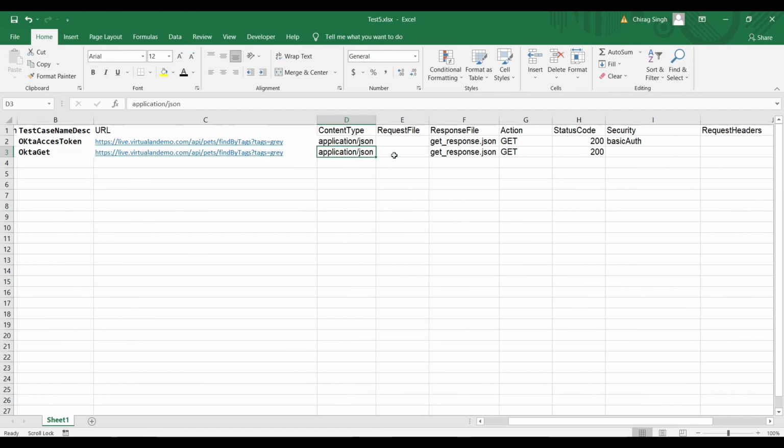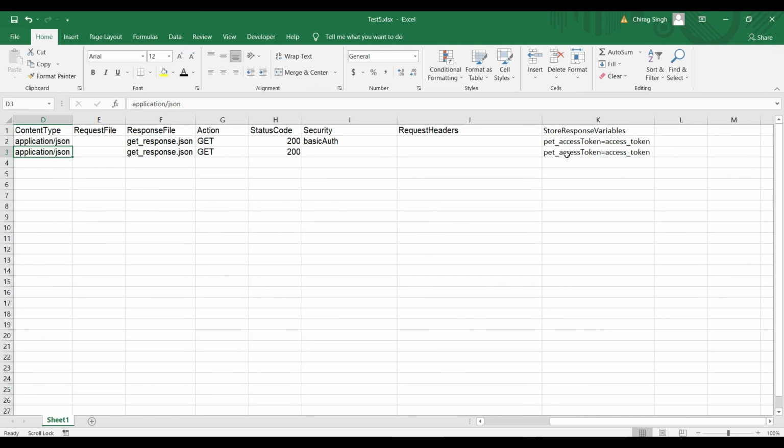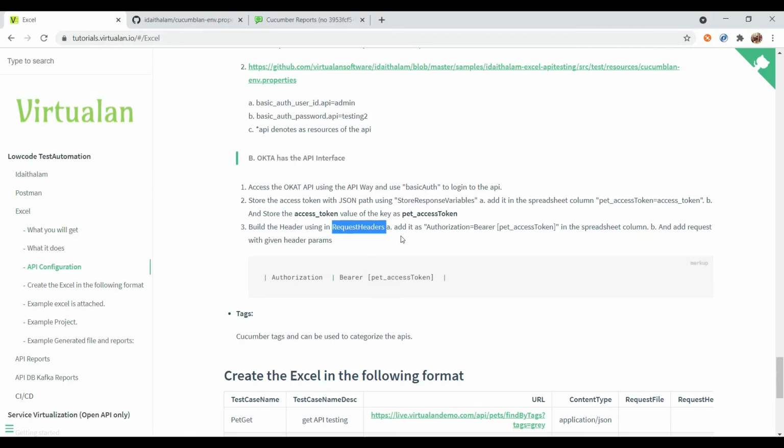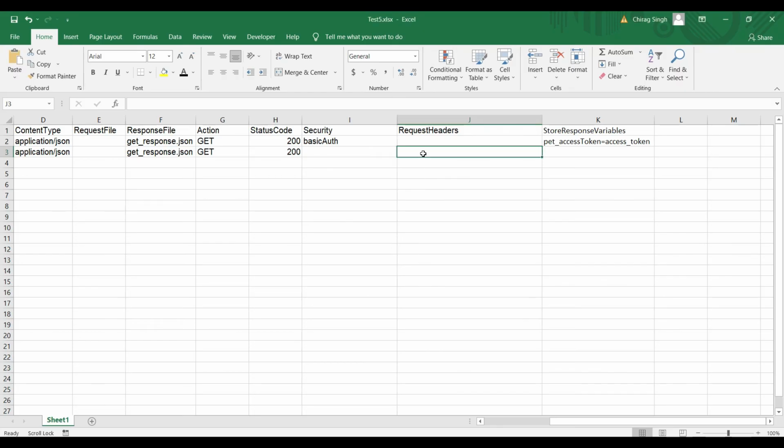So what I do is store that access token in this variable pet access token. Now I have to give this in my request header. You can see request headers, I have to pass this, so I will give this request header.